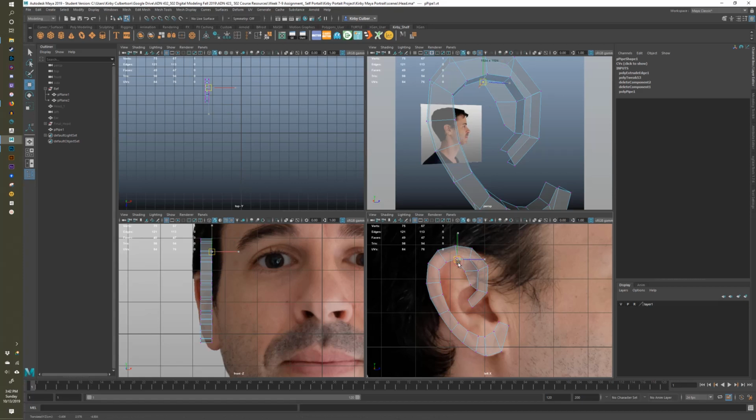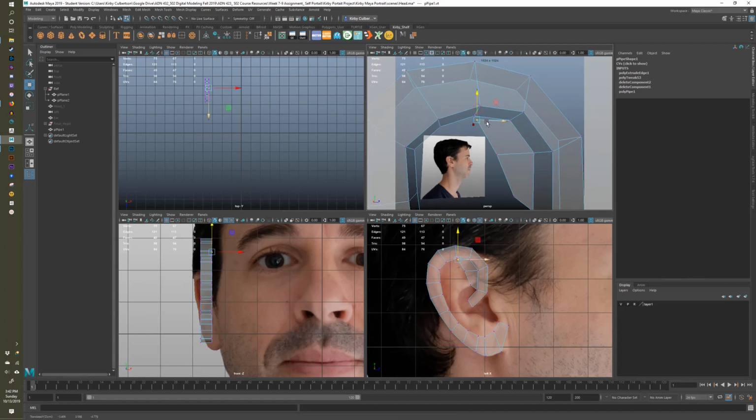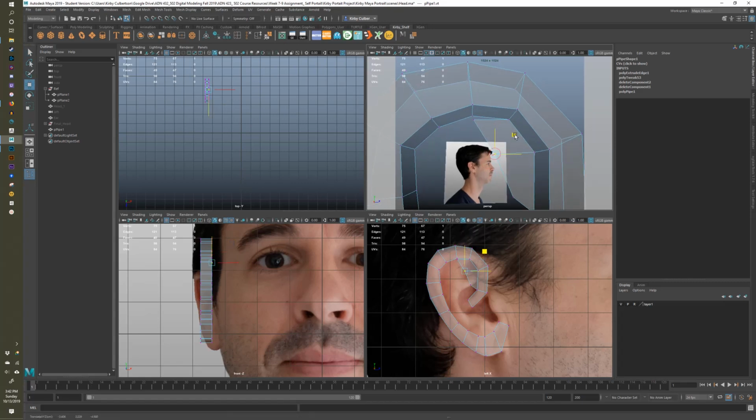Okay, and you don't have to tie things in yet. Eventually what we're going to be doing is welding that vert to that vert, but I'll leave them separate for now and a little bit apart just so that it's much easier to weld them. If they're right on top of each other, using the target weld tool can be a little bit annoying. All right,